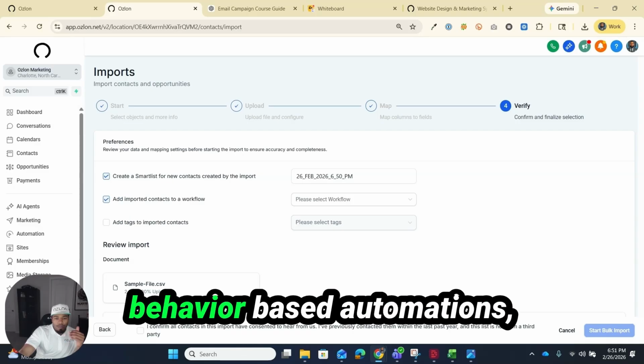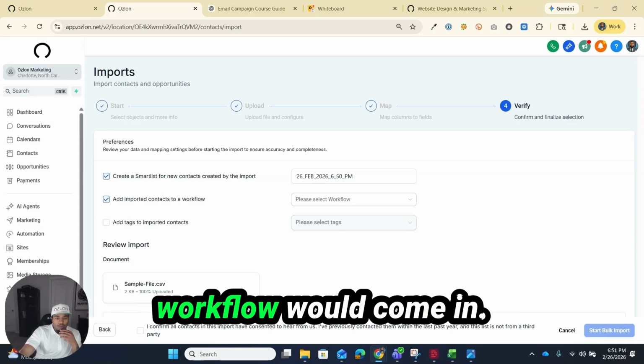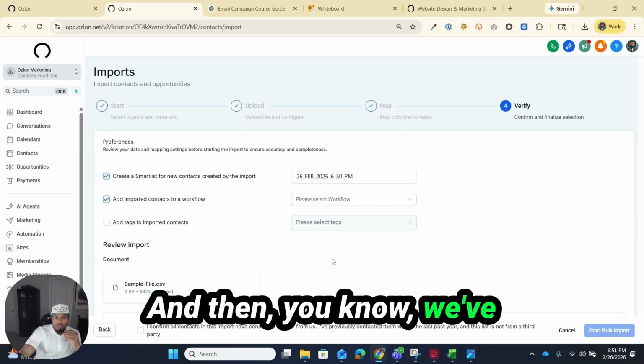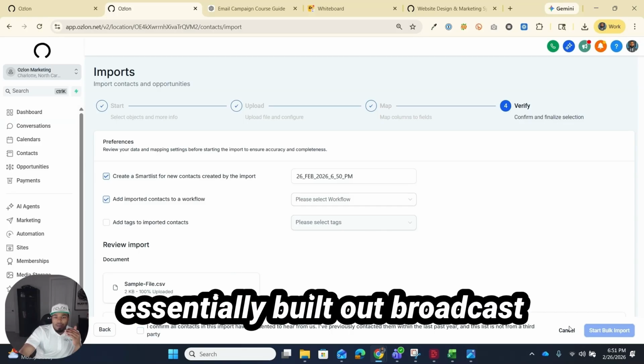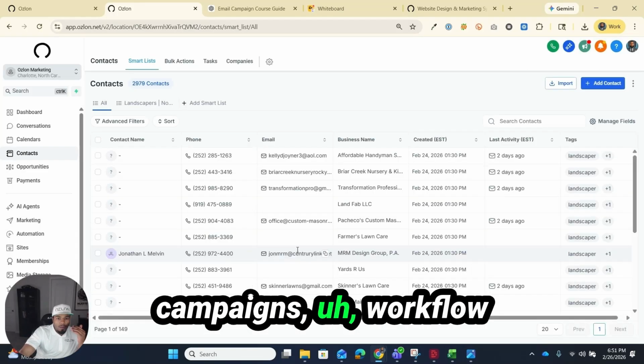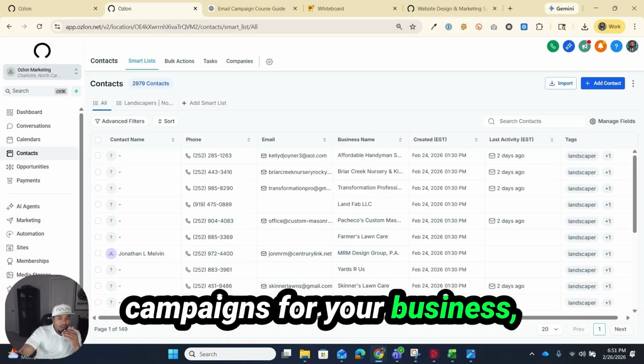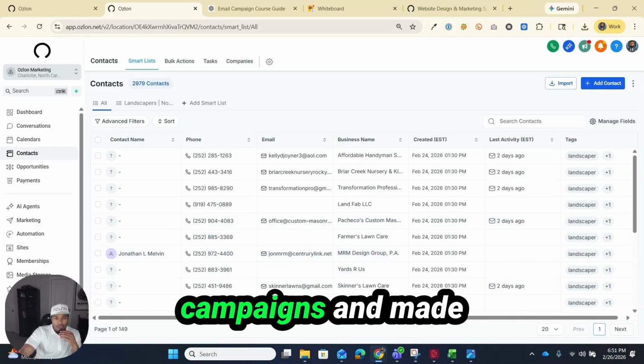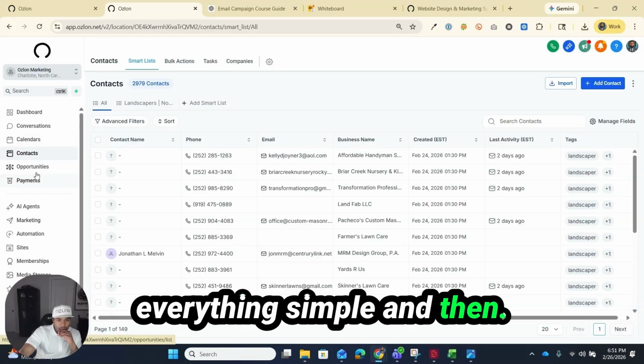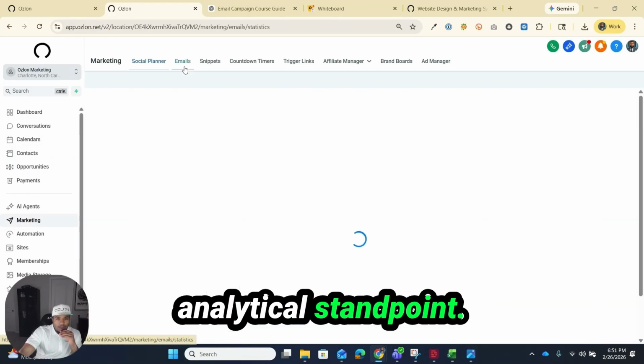So if you want behavior-based automations, that's where workflows will come in. And then we essentially built out broadcast campaigns, workflow campaigns for your business, as well as one-click workflow campaigns, and make everything simple. And then looking at it from an analytical standpoint, because I know some of you guys like to be able to